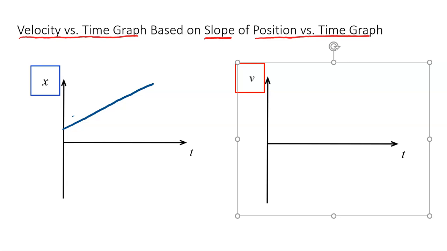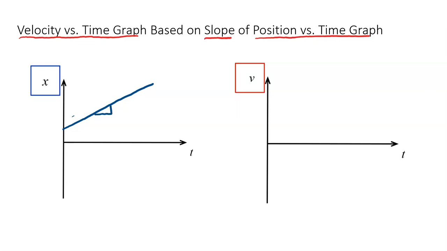So let's look at the slope and I see, oh, it has a constant positive slope of the same magnitude. So we could even just imagine it was like 5 meters per second. Just imagining. All right, and suppose that you had over here the value for 5 meters per second. Well, at these various times, you'd say, okay, well, at this point, since velocity is the slope of the position versus time graph,